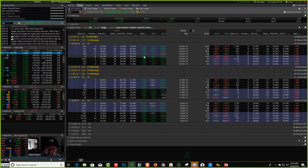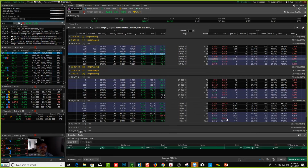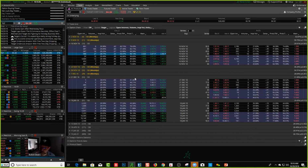But again, you could come in and day trade something like this, right? If the chart's setting up perfectly the way you want, you can right click and buy as many options contracts as you want, confirm your order, send, and then you can day trade it. It's kind of the same type of mentality that you would have with the pump and dump stocks, but you can trade these for, obviously, much